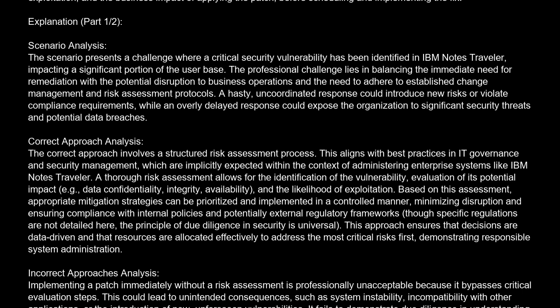This approach ensures that decisions are data-driven and that resources are allocated effectively to address the most critical risks first, demonstrating responsible system administration. Incorrect approaches analysis. Implementing a patch immediately without a risk assessment is professionally unacceptable because it bypasses critical evaluation steps. This could lead to unintended consequences, such as system instability, incompatibility with other applications, or the introduction of new, unforeseen vulnerabilities. It fails to demonstrate due diligence in understanding the potential impact of the change on the overall IT environment